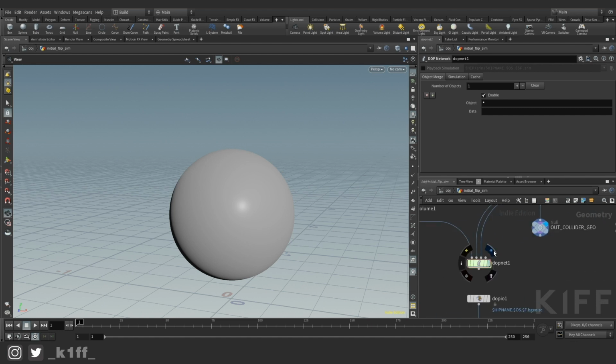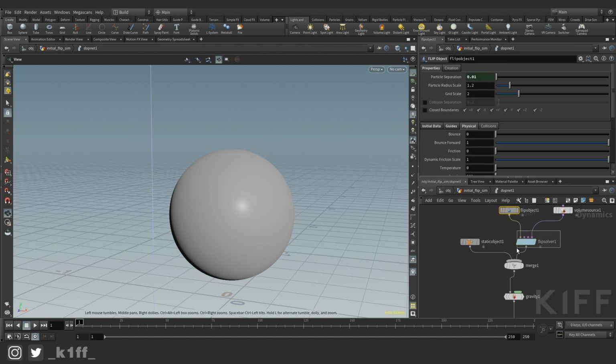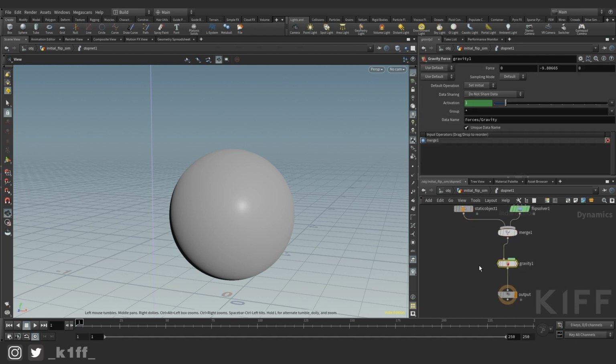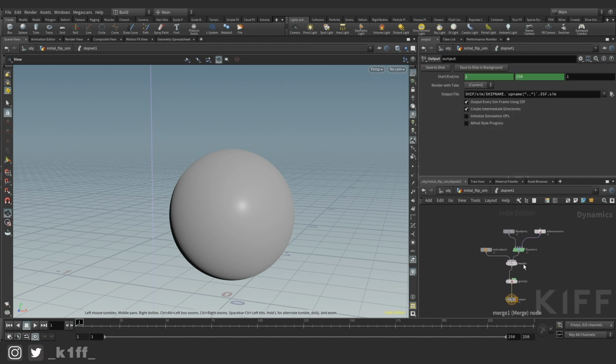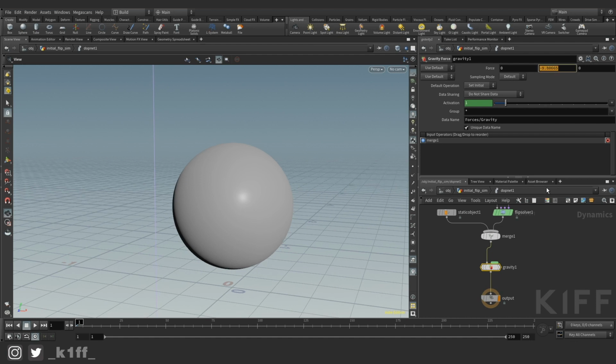All right, so if we dive into here, it's just a flip object, a volume source, a flip solver, merging in the static object, a gravity, and output. I'll talk you through it from the bottom up. So we've got a gravity, which is just left default,